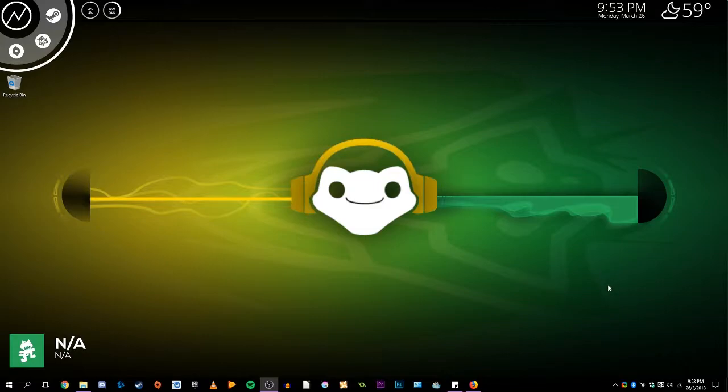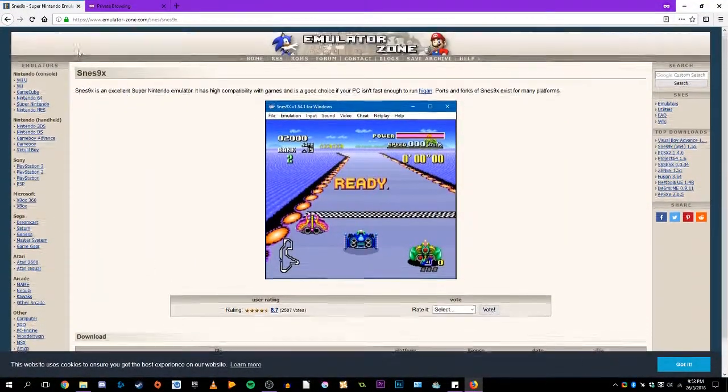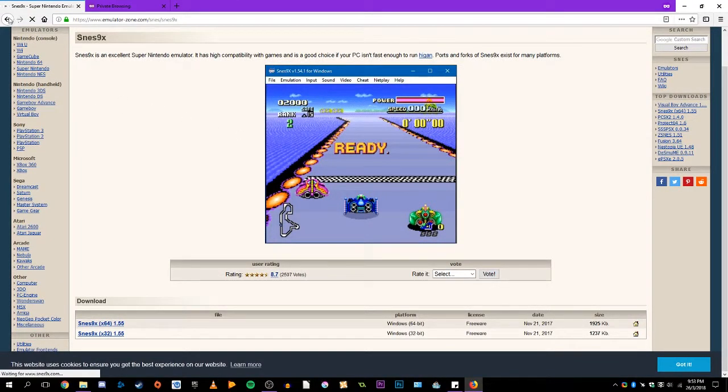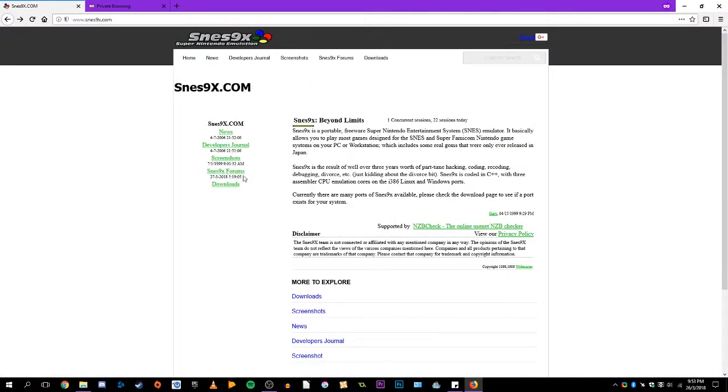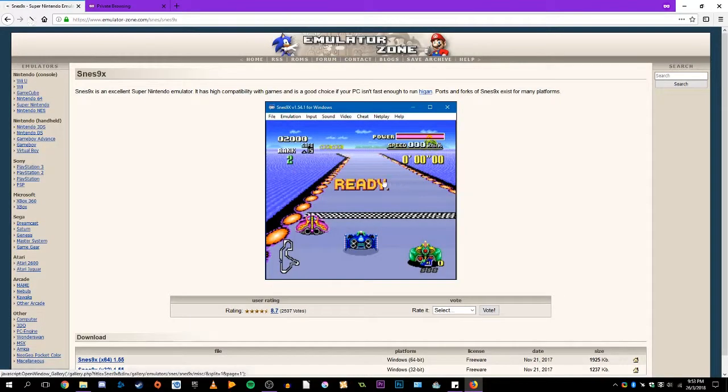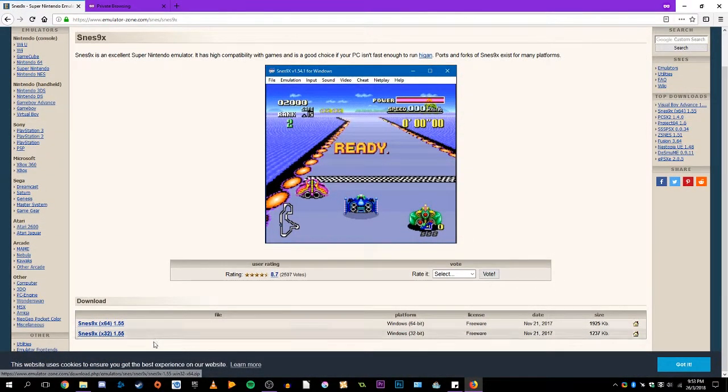Okay, so first of all, we're going to have to get some software. My favorite software is Snes9x. It is completely free, and you can find it by going to SNES9x.com, hit the downloads button, and they show you a bunch of links to download them. I usually just pick this bottom one because it's the most accessible. You would need to download the x64, which is 64-bit, if you have a 64-bit operating system, or